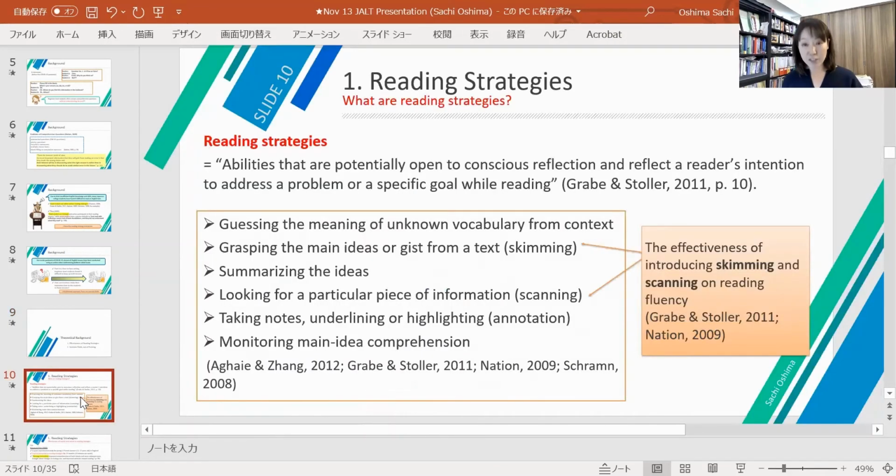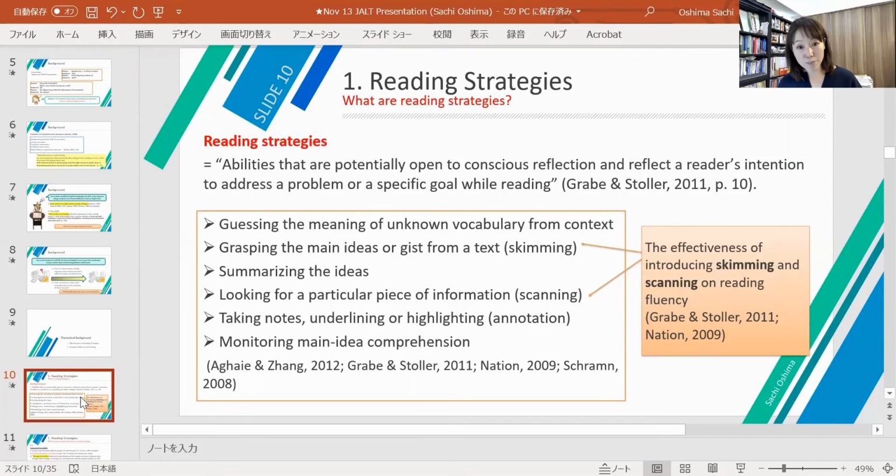First, about the reading strategies. Grabe and Stoller define reading strategies as abilities that are potentially open to conscious reflection and reflect the reader's intention to address a problem or specific goal while reading. Reading strategies include guessing the meaning of unknown vocabulary from context, grasping the main idea or gist from the text,